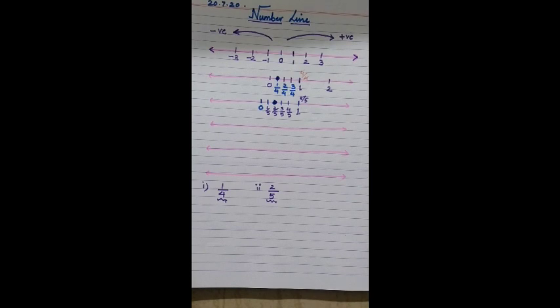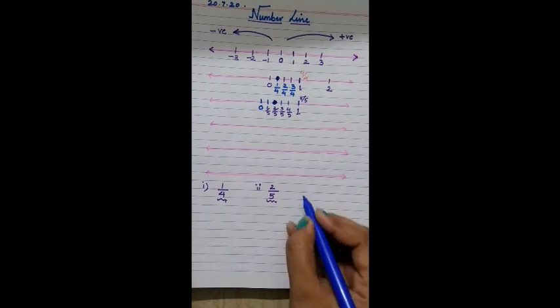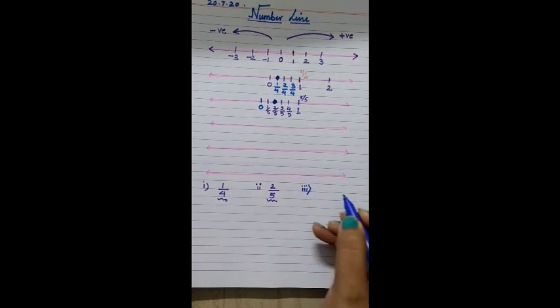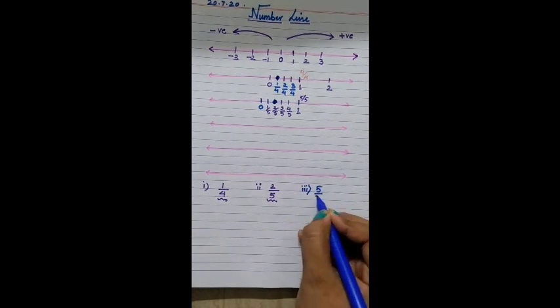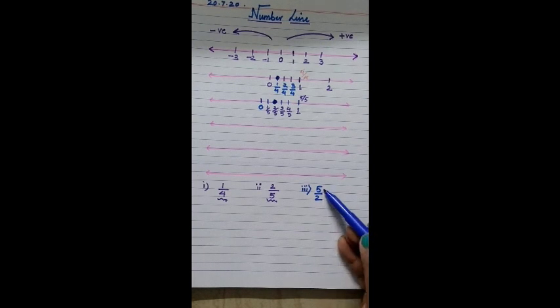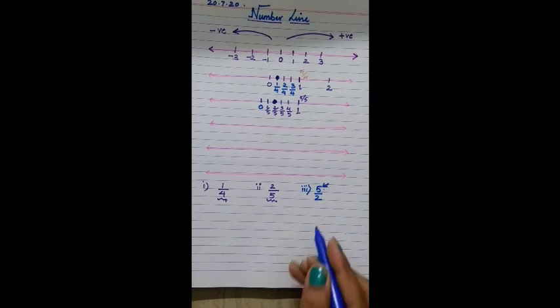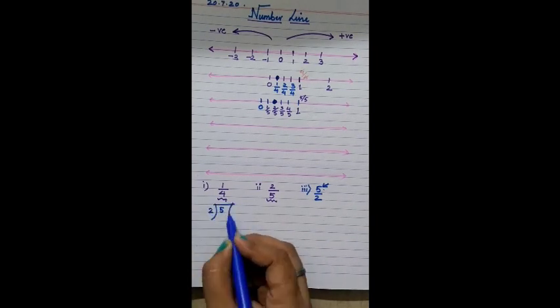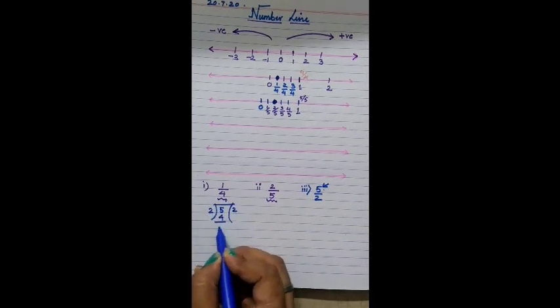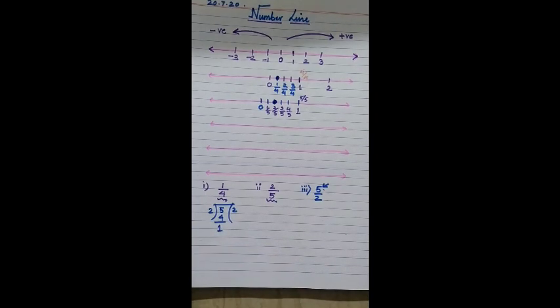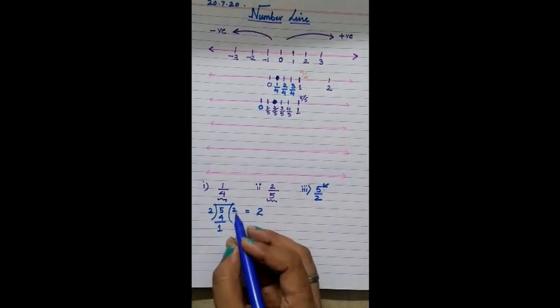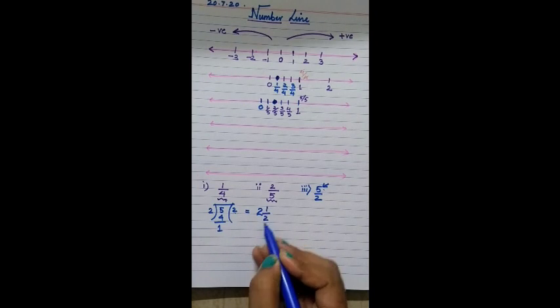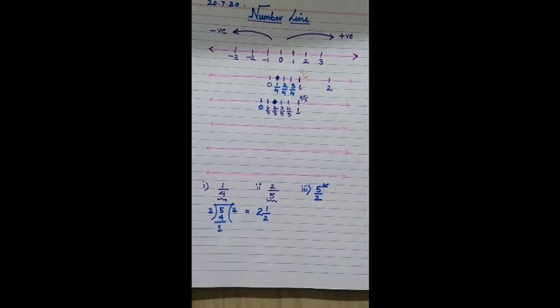Now in the third bit, if you can see, we have 5 by 2. This is something different where you can see the numerator is greater than the denominator. 5 by 2. Now pay attention. When I say 5 by 2, children, if I divide 5 by 2, what am I getting? 2 2s are 4 and I am getting a remainder of 1. You know how to convert it into a mixed fraction. That is 2 quotient, 1 upon 2, remainder upon divisor. So 2 1 by 2.